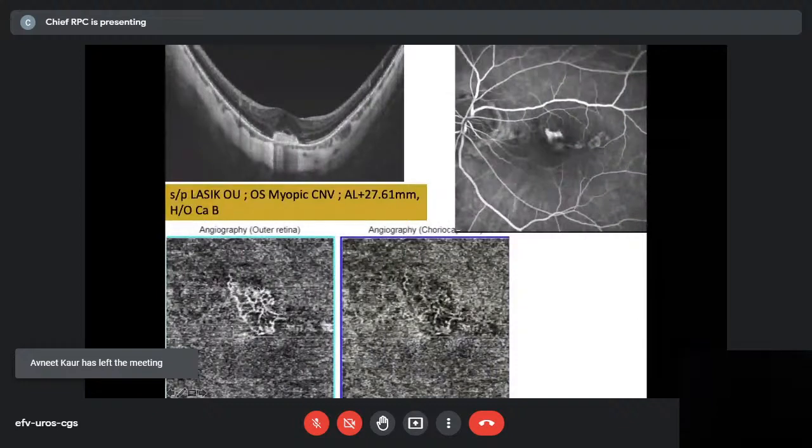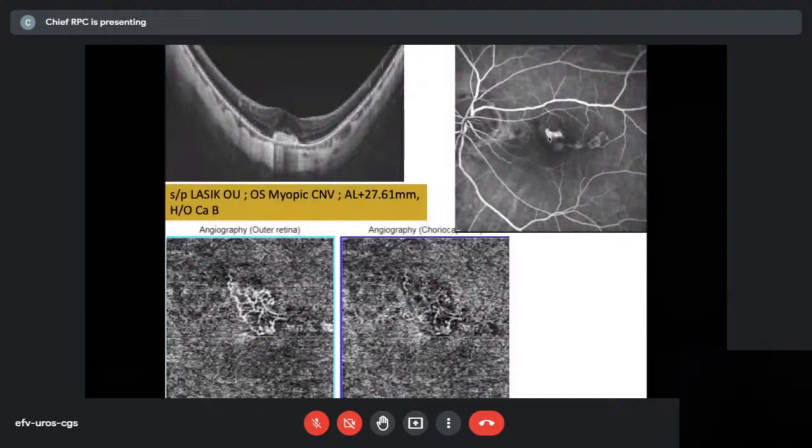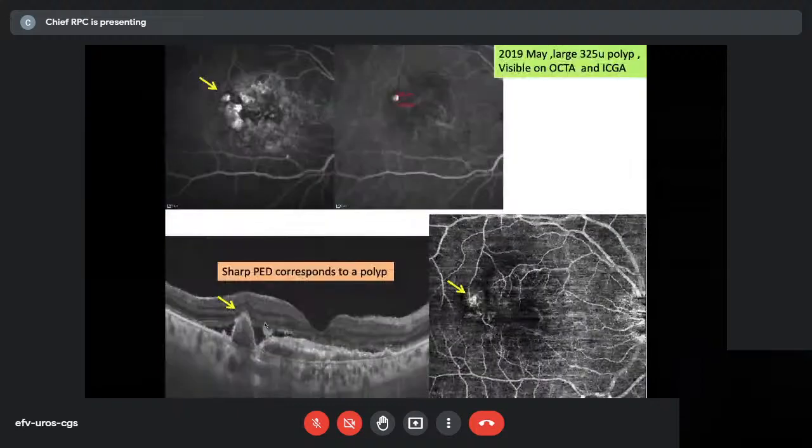Sometimes when the OCT shows you the neovascular membrane, you may not do the FA, because the FA is going to give you no information about the vascular pattern. It just shows you some leakage, hyperfluorescence or hypofluorescence, which I think is quite crude. But if you can show the exact vascular abnormality and size, you know the exact pathology more clearly. Then you can compare this present picture with the subsequent one at 1 month, or treat and extend at 6 weeks. I prefer treat and extend rather than fixed dosing or PRN.